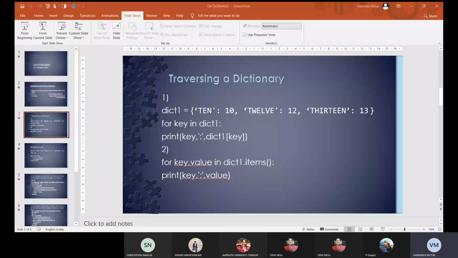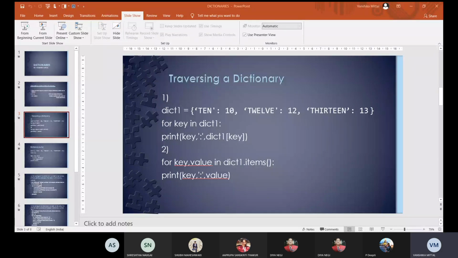Now I have given a for loop, for I in dict1. So this is going to repeat 3 times. K is equal to I comma dict1 square bracket I. So first of all, I in dict1 will be taken as 10, and dict1 square bracket I will be taken as the value present for I, that is 10. And now I have used the append function to append this K in my given list.